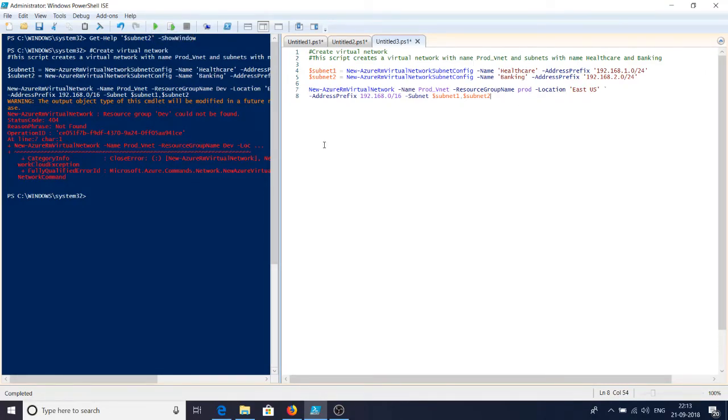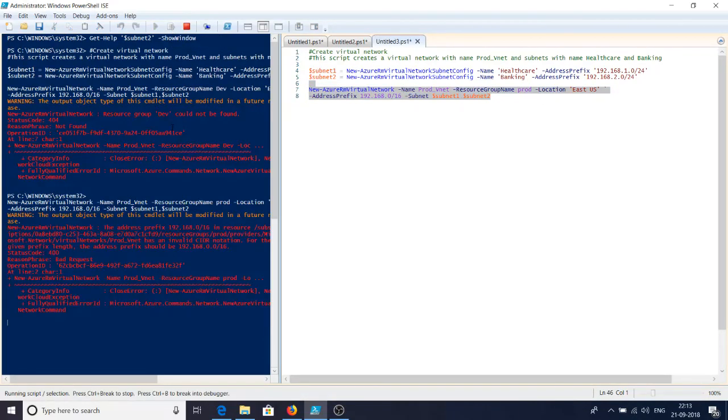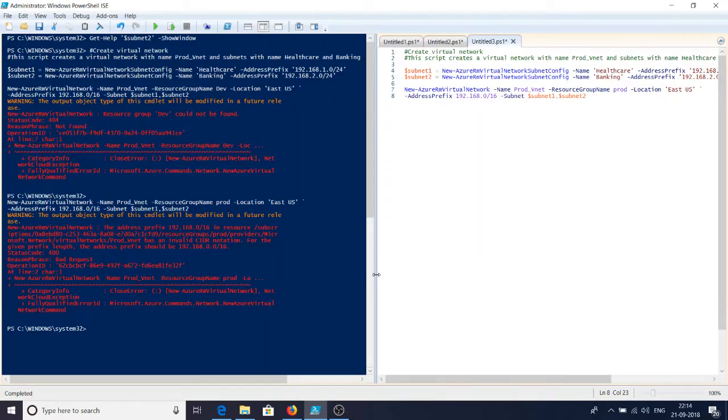Well, I think there was an error in line number 7, not in line number 4 and 5. So I will execute just line number 7 and 8. I don't want to execute lines 4 and 5 because they have already been executed. Another error. The address prefix 192.168. Well, you know what the problem is. There are a lot of intentional errors that I'm making so that you can see and understand how descriptive PowerShell errors are. It says the address prefix could not be found because there's a typo right here. Okay,